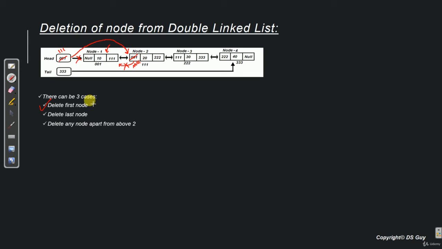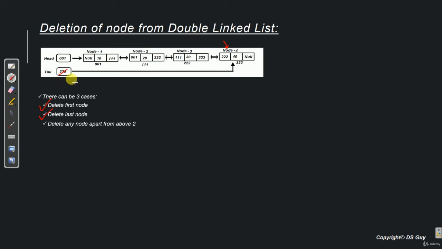Now let's see how we can delete the last node of a double linked list. So now let's say this is the node which is the last node that we want to delete. So the steps are extremely simple. All that we have to do is, we have to first update the tail. The tail right now is pointing to the last node.